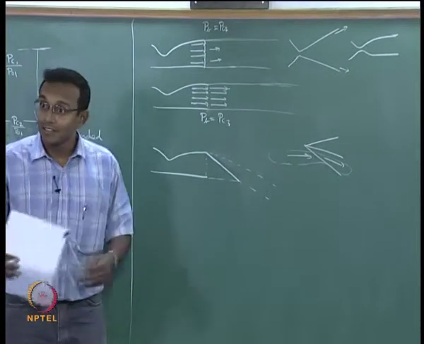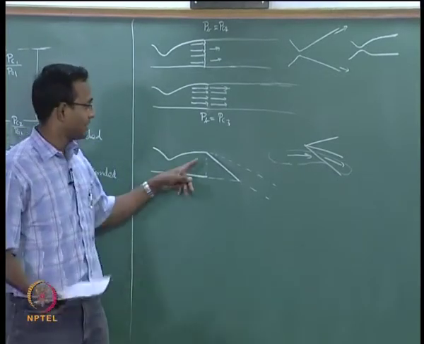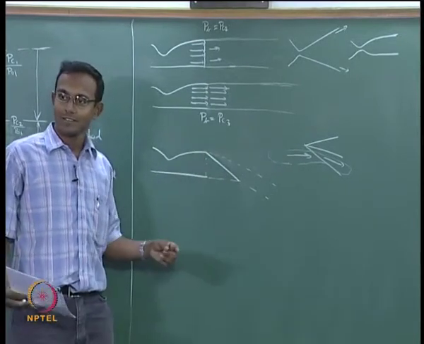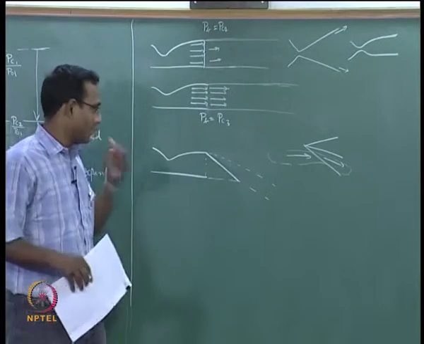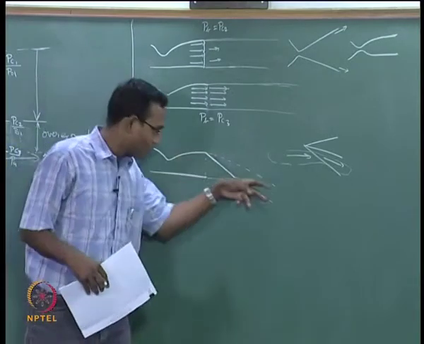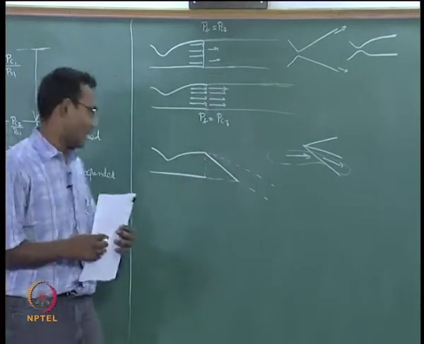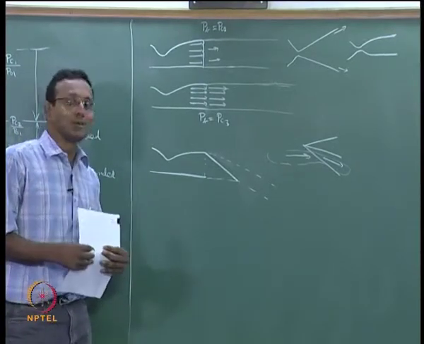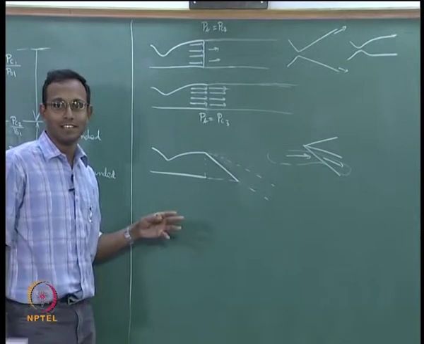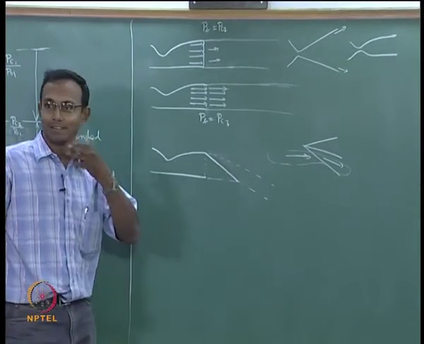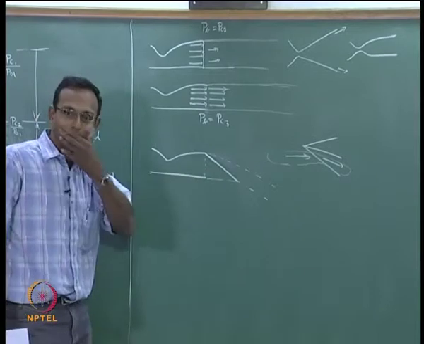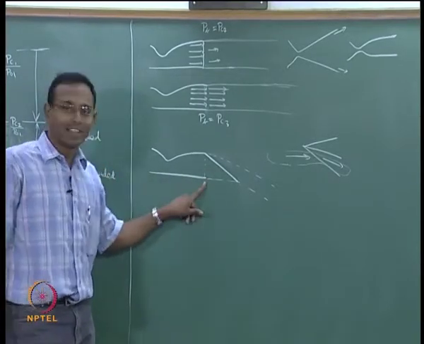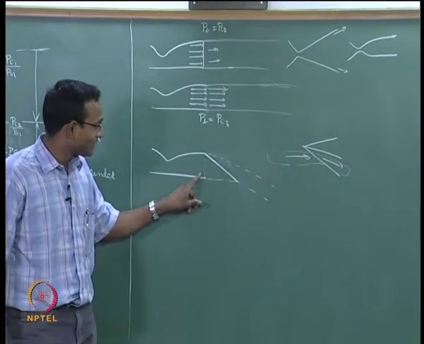Direction is what? Direction has changed, as in it should be the other way you are saying? Direction of the jet should be straight, you are saying. Okay. That is not the most important way I want to look at it, but yes, final correct thing will be direction of jet should be straight, but not right now. There is some other mistake here. What is the mistake? At the bottom line, the pressure here is same as the pressure here.